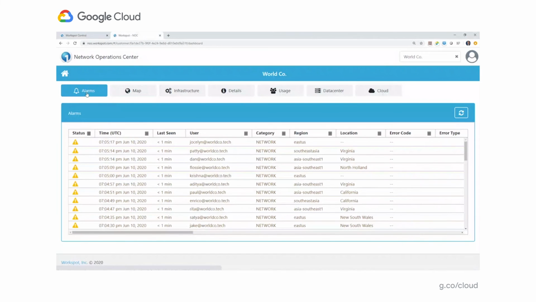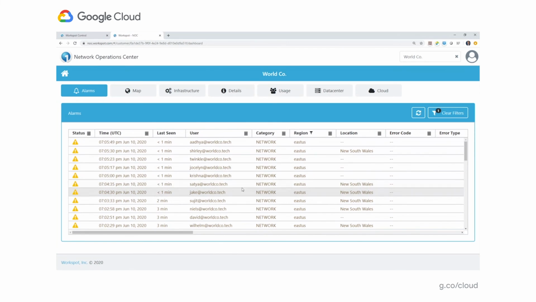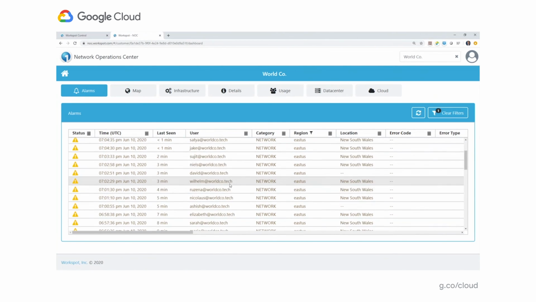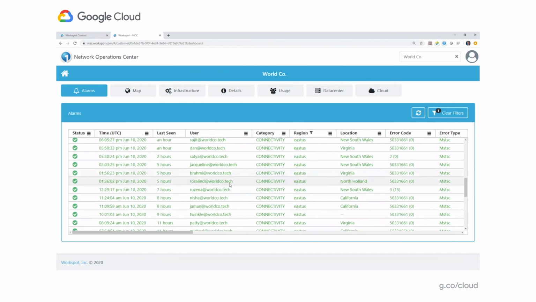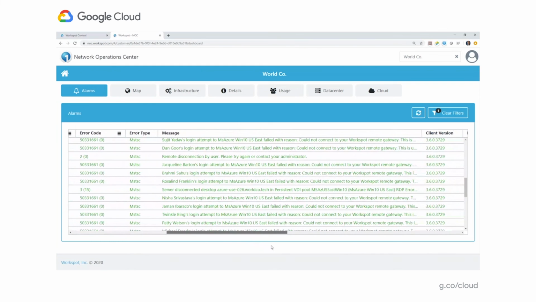Before we check on the progress of the thousands of desktops we created a few minutes ago, I'm going to show you the Workspot Network Operations Center that our support team is using to monitor in real time what is going on for all users in the world. As we scroll, you'll see the yellows are warnings, greens are good, and reds are problems. We're collecting a few dozen pieces of information in real time for each user